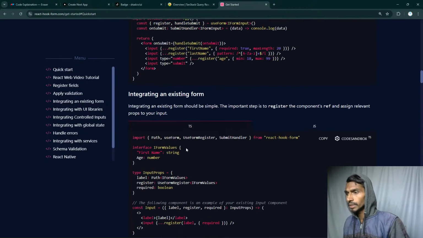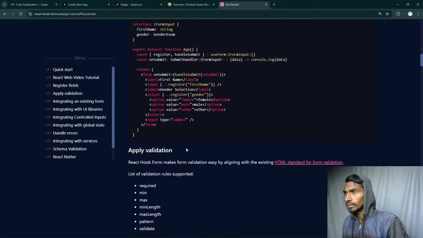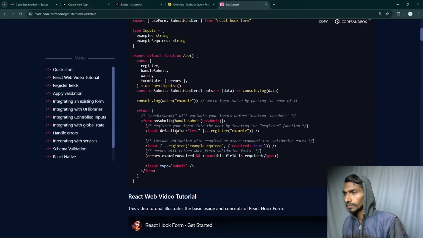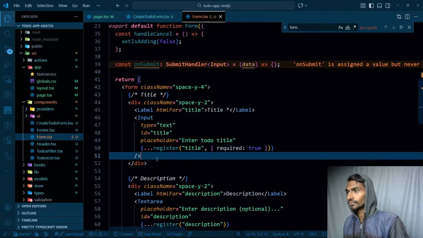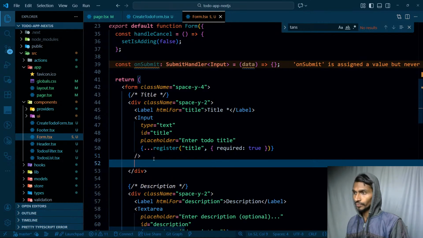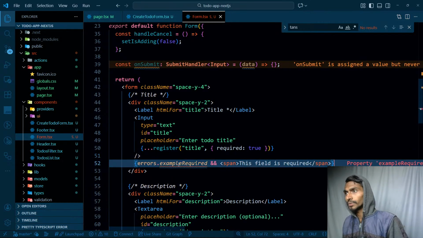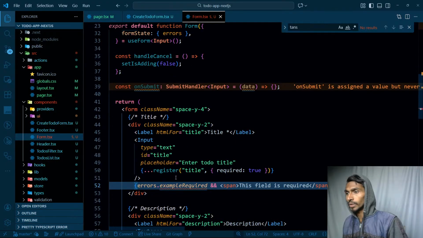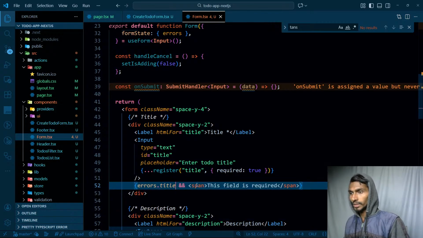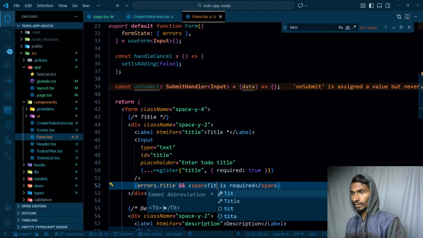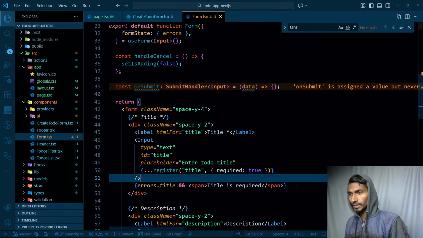So for rendering the error, what I can do is actually like this. Where is that? Errors dot example, example required. If that exists, in that case I have to just show this particular thing. Let's copy it, and just below this particular input, if I get any error, in that case I have to show that error too. But errors dot what? Errors dot title. If I have that, only then I will say this field is required. Ultimately, title is required. If I get the error,